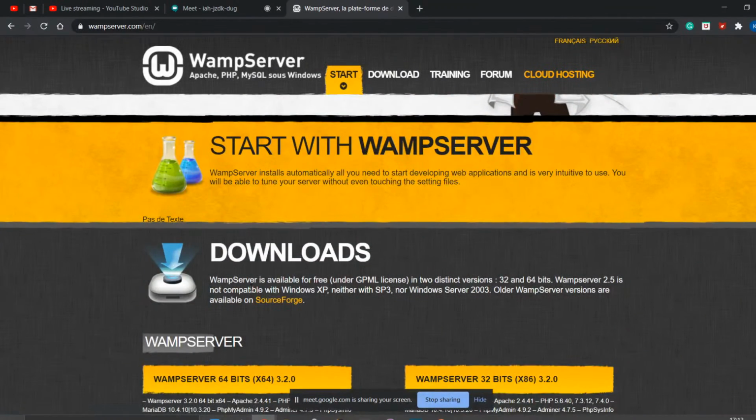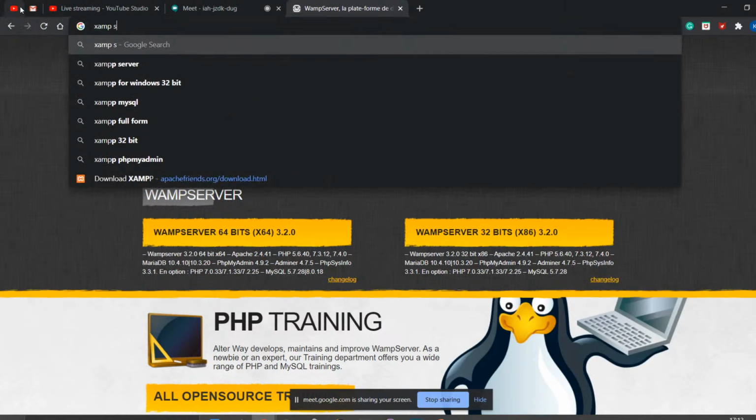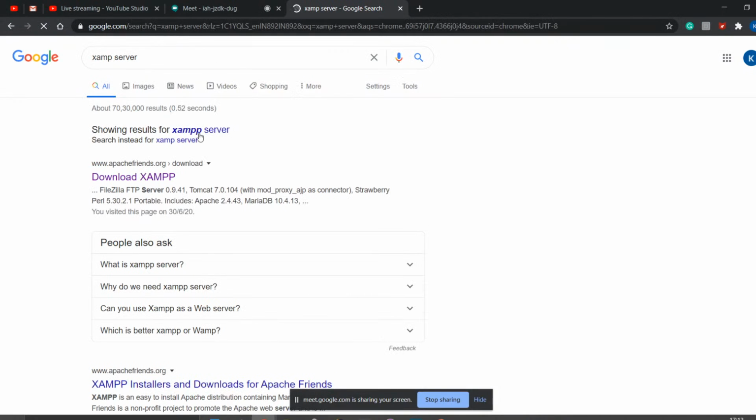Actually both do the same work here, and you can just download it here. If you want, I can give you the link in our WhatsApp group. Stay connected in it. And a XAMPP server, yeah, you can download it too.